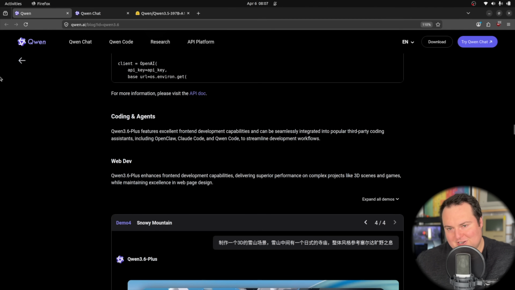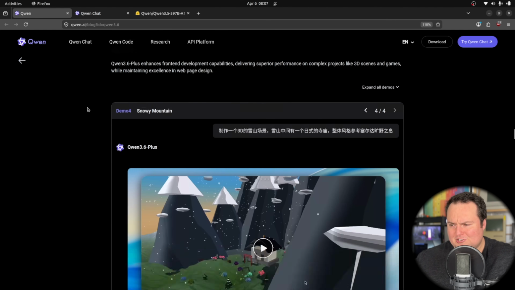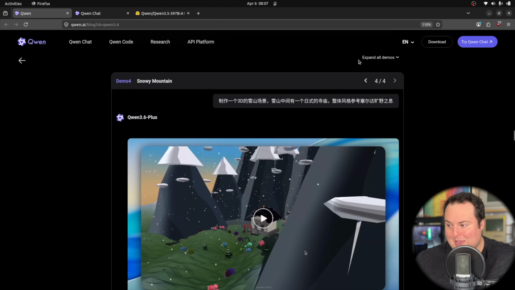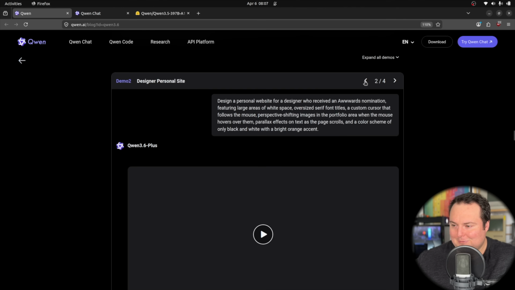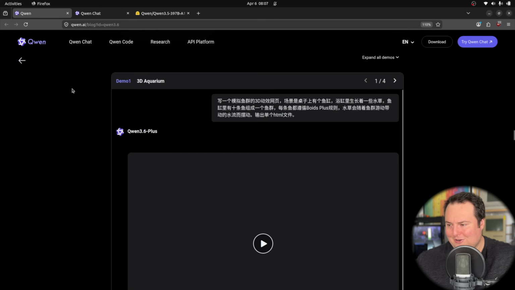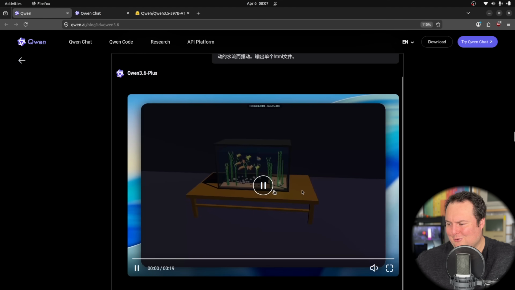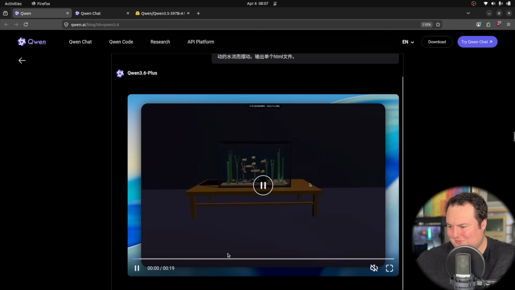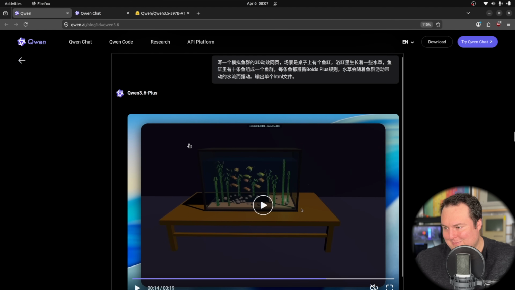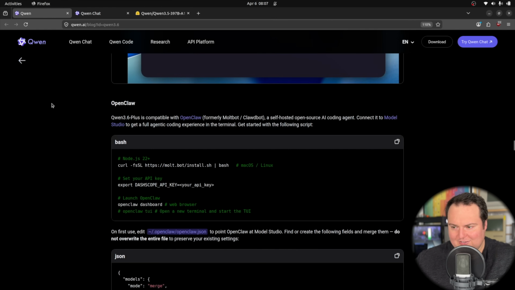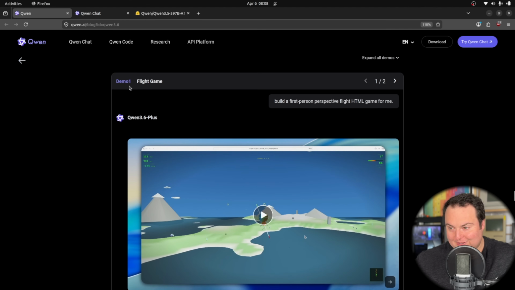Beyond that, we just see a bunch of demonstrations down here, some of which are actually kind of interesting. The snowy mountain scene does look pretty aesthetically pleasing. Additionally to that, there was something here, it was like a fish aquarium, or yeah, so we see this 3D aquarium right here, which is kind of neat. It's not something I would have thought of myself, so I may have to borrow this at some point for testing. I hadn't noticed this on first glance, but one of the prominent demos right here is a flight game,